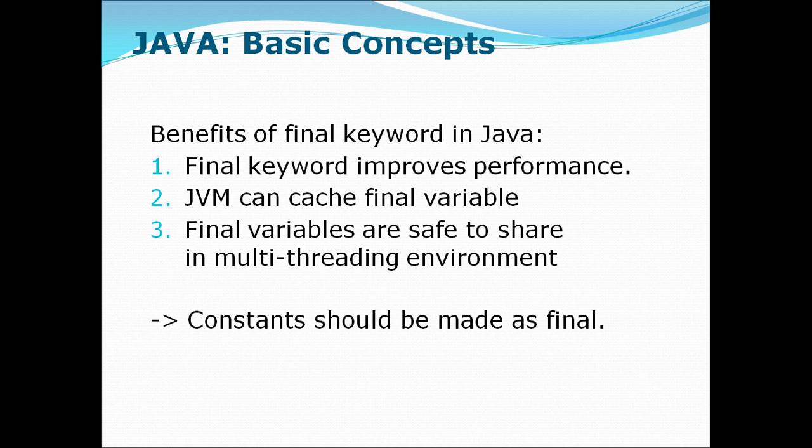Register. Then cache memory. Cache memory means final variable will go to cache memory. Then primary memory, primary RAM. Okay, and what is the last one? Hard disk. Hard disk means secondary memory. Okay,